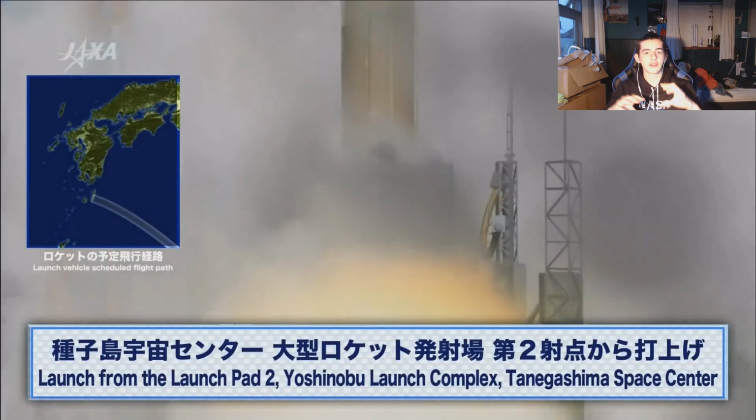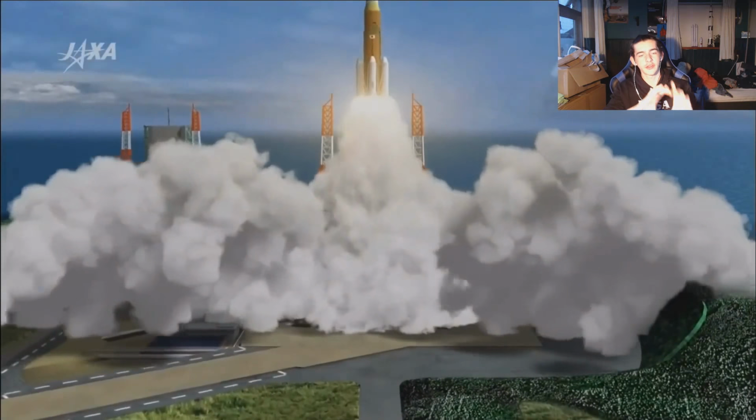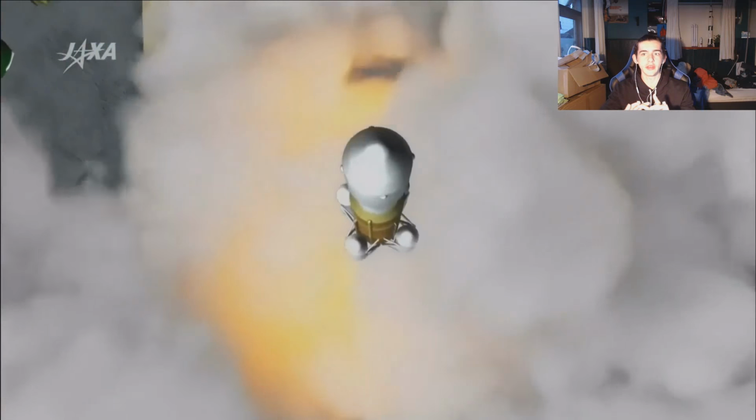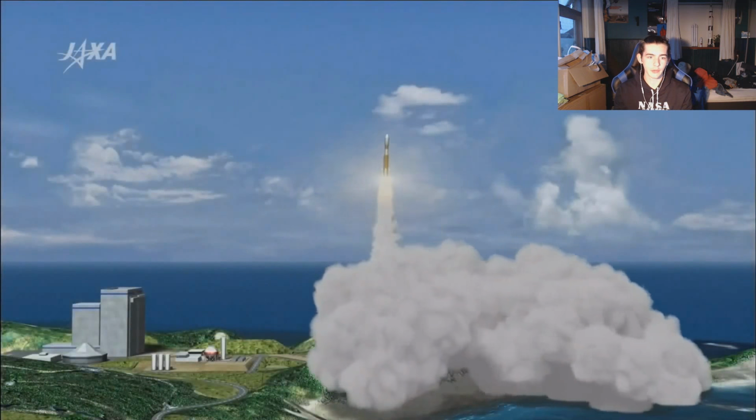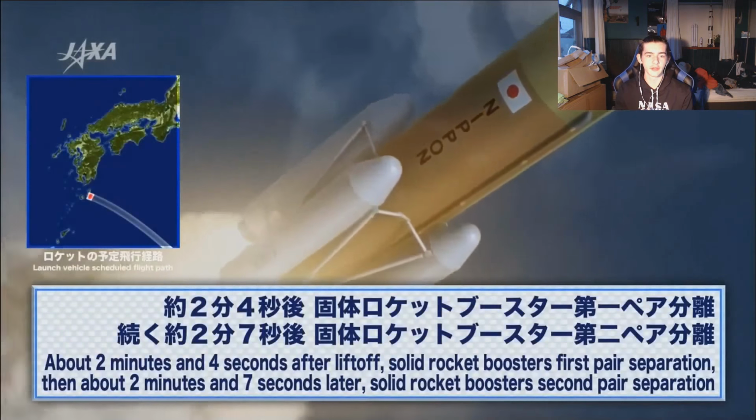But they use the same boosters as on the Epsilon vehicle. So the Epsilon vehicle, the first stage, and the booster on the HTV-B are the same. So that's also making it a little bit cheaper to launch it. It's still really expensive, but